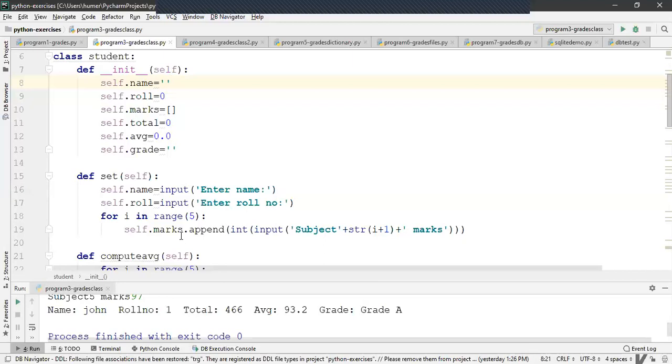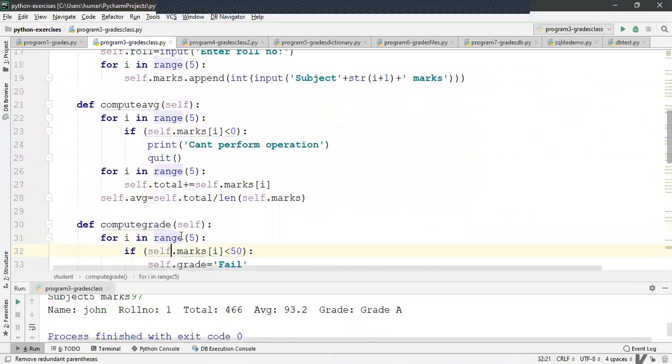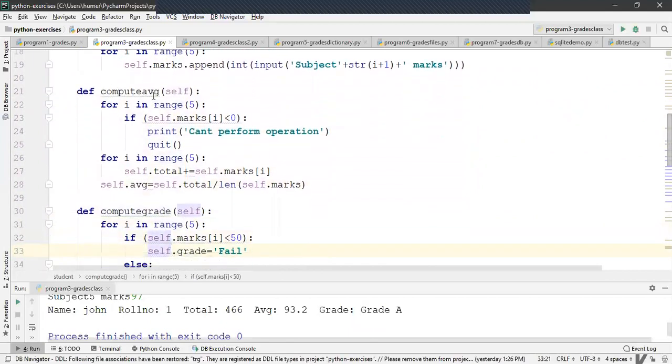All right, going ahead. The next function defined is compute average. Compute average function uses two for loops. The first for loop is to verify whether any of the entered marks is less than 0, which means if it is negative, you are not going to perform any operation on negative marks.